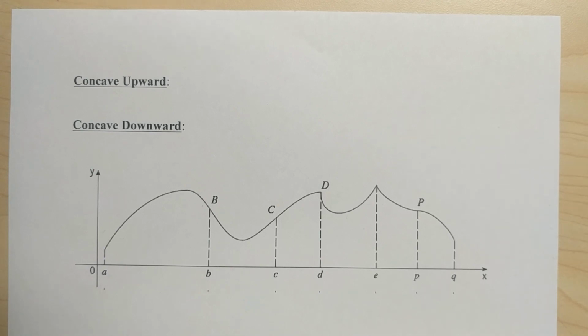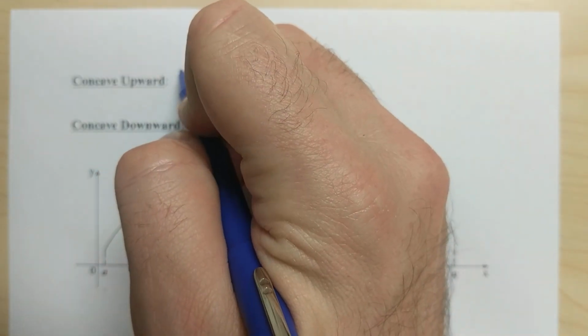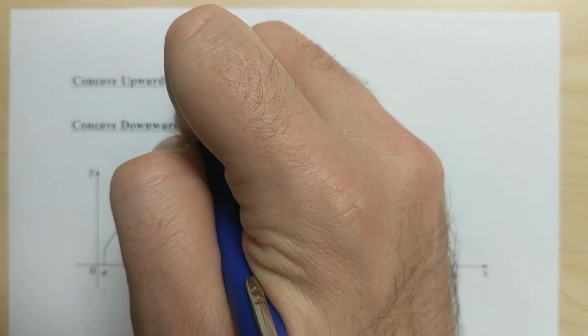You probably have dealt with this mostly in regards to parabolas, and parabolas only have one type of concavity because they're either curved upward or curved downward, so we call those concave upward or concave downward. But polynomial graphs and a lot of other graphs change concavity constantly. So what's a firm definition of being concave upward versus concave downward? Well, the best definition you can come up with that doesn't get too into calculus is